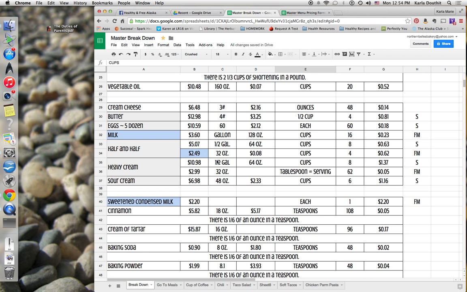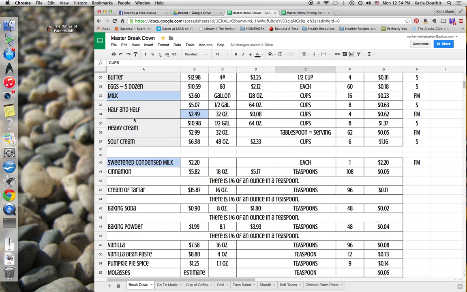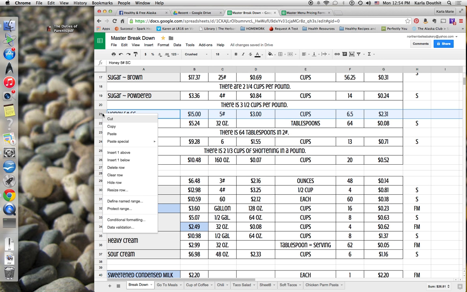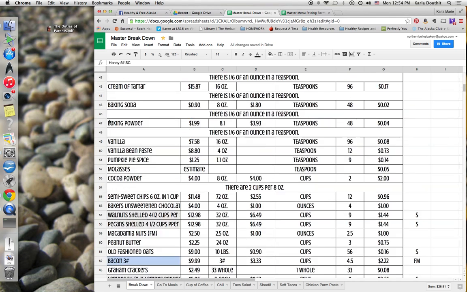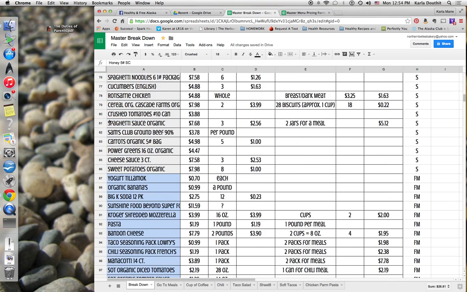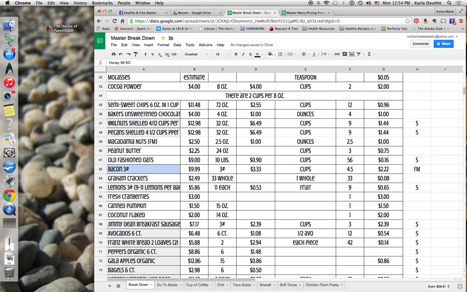So then I'm going to go down, and I think there was something in here that wasn't baked goods. I'm going to just take this honey out of here, and since there's just one, I'm just going to take the entire line. I'm going to cut it. Actually, it's so hard for me sometimes to decide where to put stuff. What I really want to do is to go through and